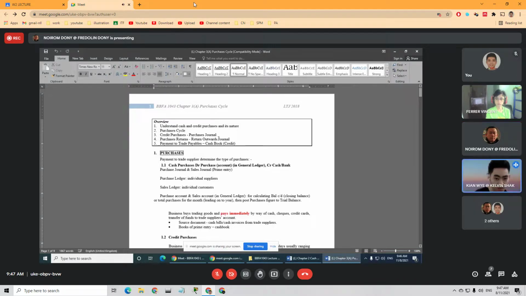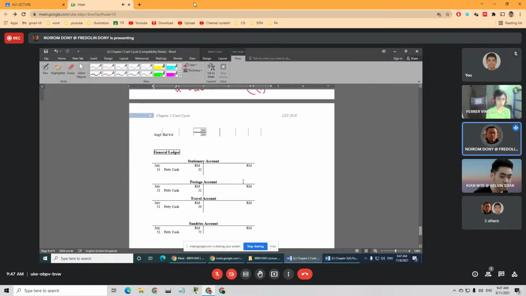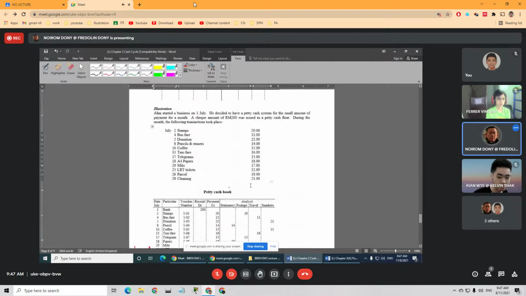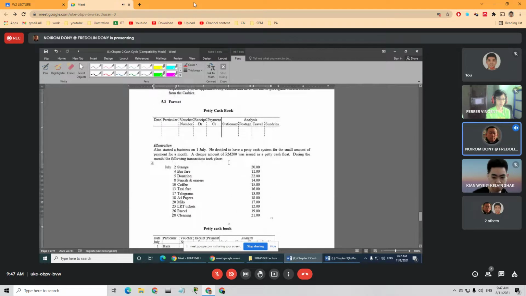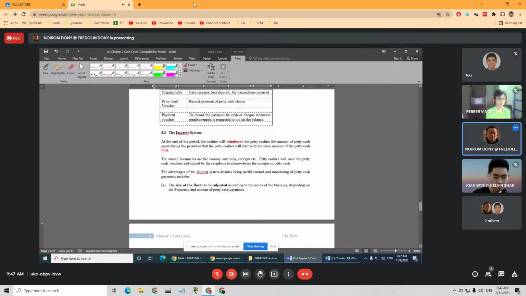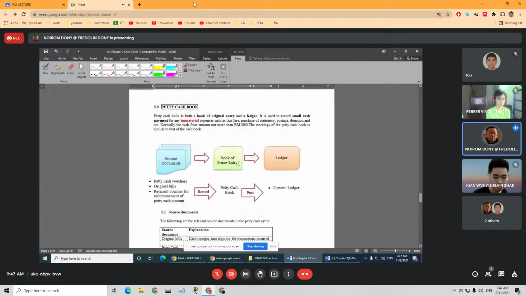Oh, the petty cash, usually below how much? Normally the question will set, or even in the working place, they will decide. So the maximum petty cash is not more than 1,000. Not more than 1,000. Maybe if it's a little bit more than 1,000,